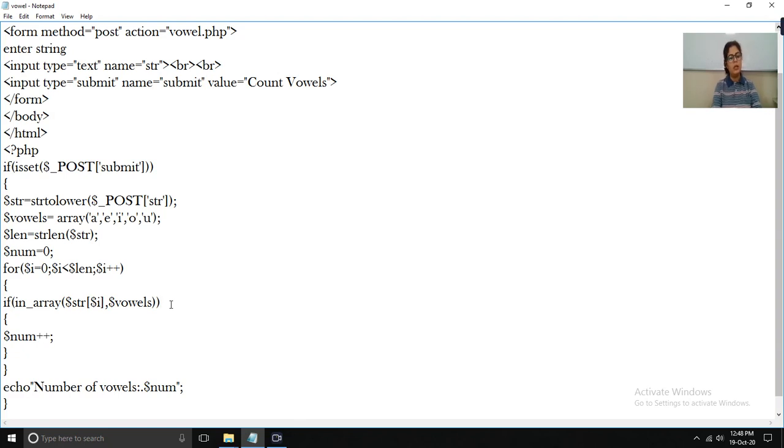And if there is a vowel, I will explain with an example. For example, I have taken the example of arham. Let's suppose this is a string that we have entered. Suppose I am checking the first character, so the value of i here is 0 because it is at the 0 index value. I will show you with the index value.